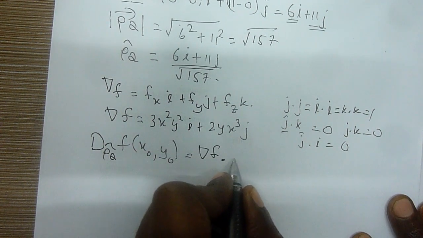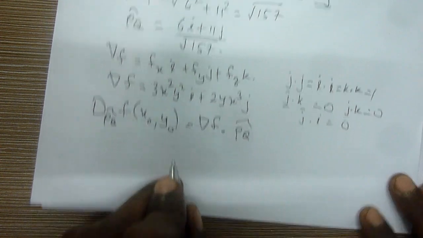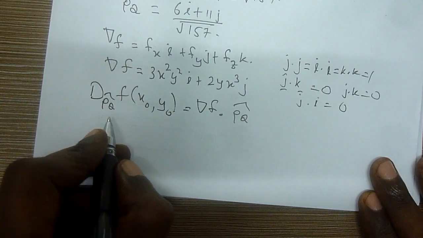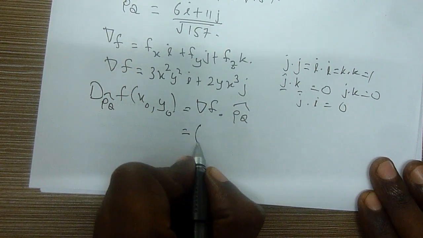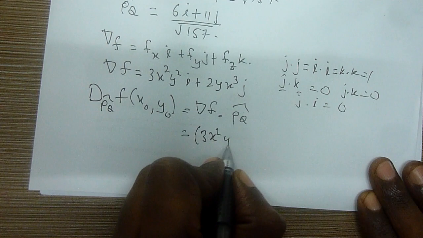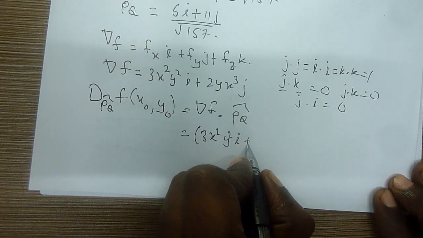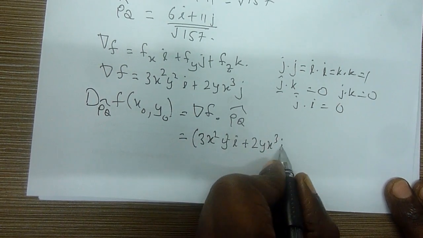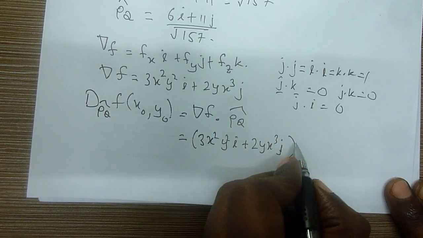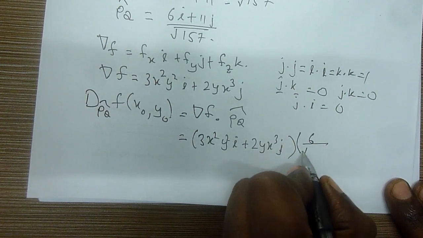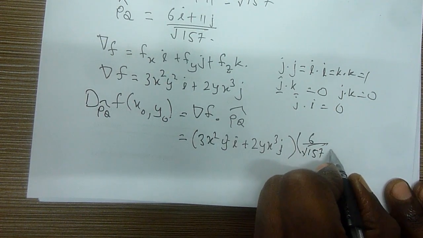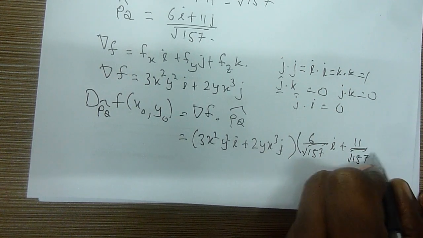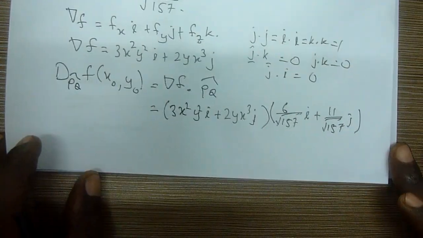Let me show you the PQ. Now, it can be explained as this: 3x²y² i plus 2yx³ j. Okay, 6 over 157 i, 11 over 157 j. Okay,